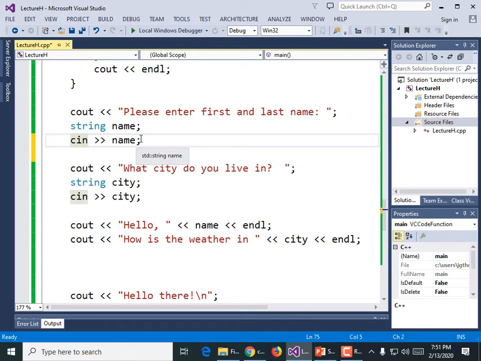And so that's why when I typed in Joe Bob, the first little bit went into name, and then the rest of it was left in the buffer, and so Bob went into the city. Now you can clear the input buffer between calls to cin, and so at the very least, we would have gotten Joe here and then the first word of the city, which wouldn't have helped, right? If it was New York, then it would have said city equals New. It would have left off York. So instead we're going to use